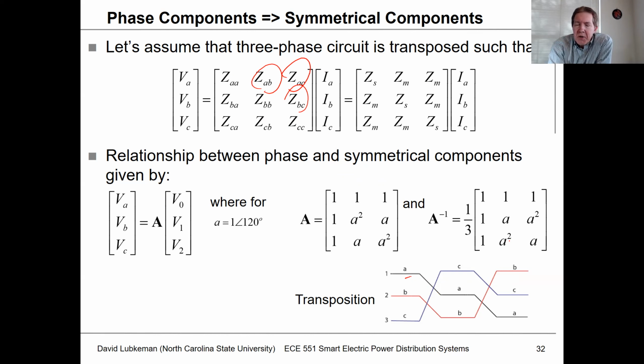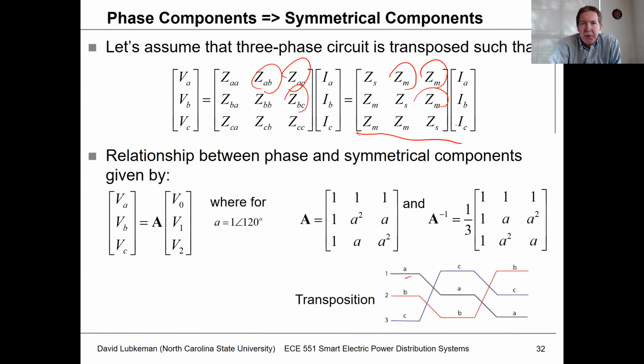What this is going to do, if I swap the positions of phases A, B, and C as shown here, is balance out those diagonal terms such that they all have the same magnitude now. So almost like if I take the average of those off-diagonal terms, I get ZM. If I take the average of the diagonal terms, I get ZS. If that's the case, then I've got the condition that we usually assume